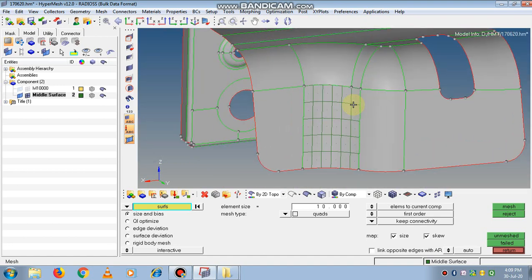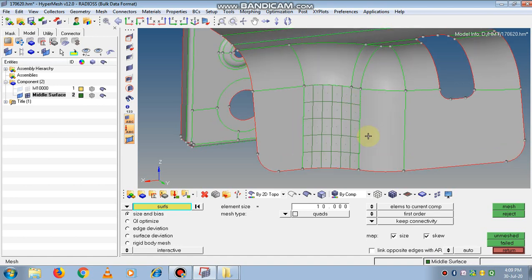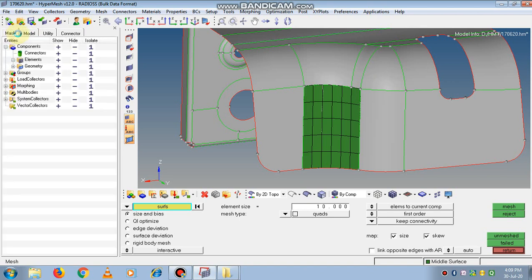We are not able to see the skin of the elements in this. So this is again just a modification in view. If you go on to the right side tab, here shaded elements and mesh lines, if you click on it, all the elements will get shaded. So these are the different views we can see in the mesh option.